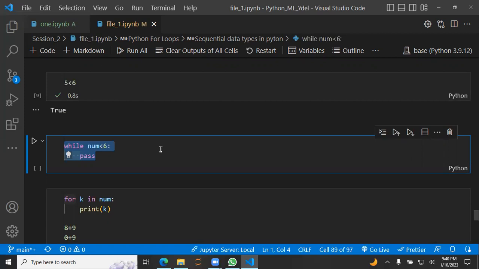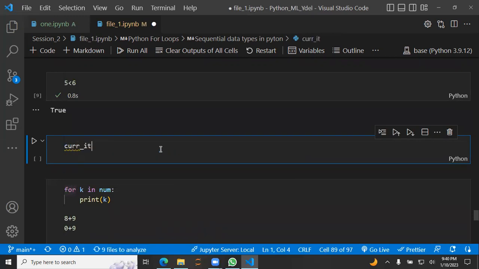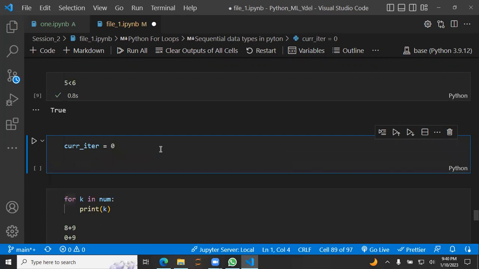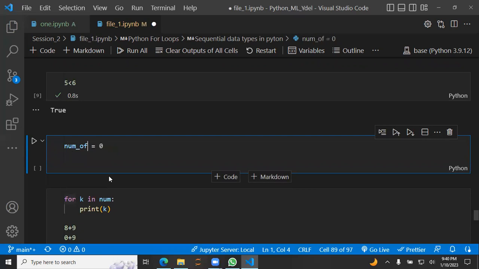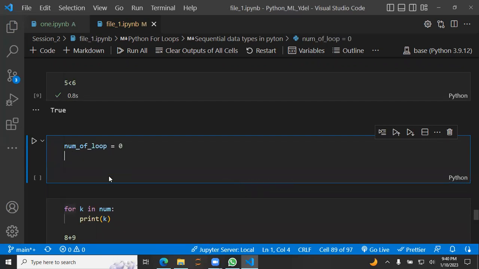First we need a variable where we could store the current count. Current iteration is equal to 0. We have looped 0 times. Current iter means the number of loops, so we can call it number of loop. Now I guess it's more clean. Number of loop, and then we need